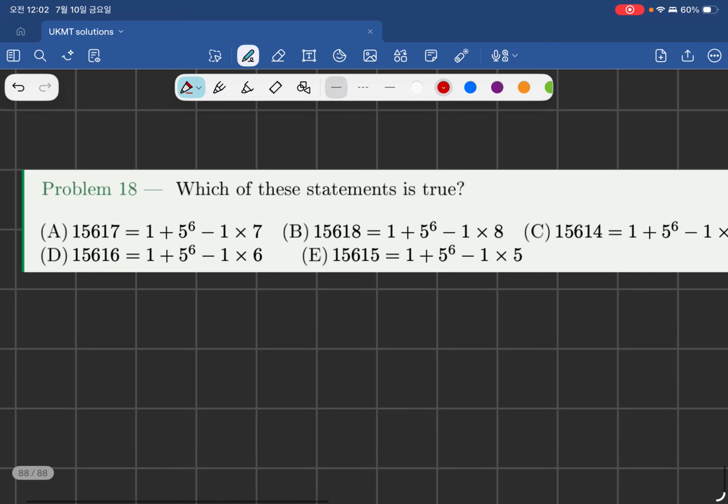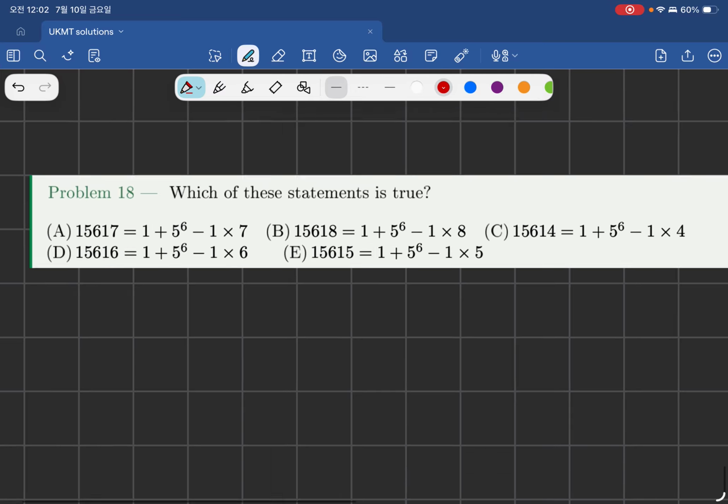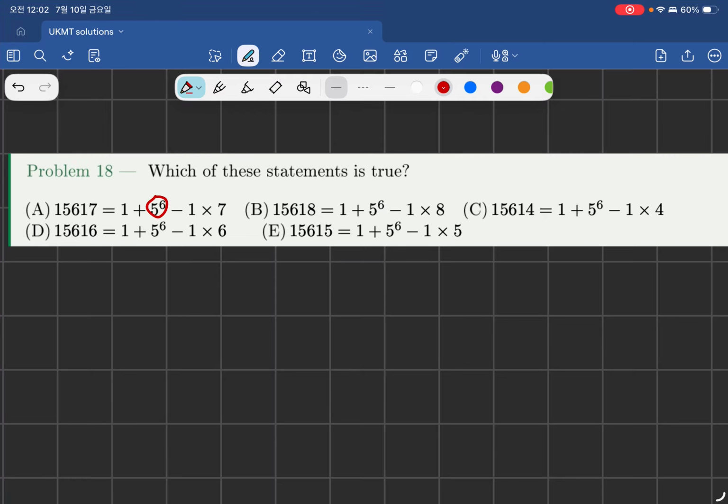Problem 18. Which of these statements is true? Now, looking at all the options, 5 to the power of 6 is a key to this question, and there are many ways of calculating the value of 5 to the power of 6, such as if you multiply 10 and divide it by 2, it's the same as multiplying 5, but the calculation is easier. So for example, 5 to the power of 3 is 125, and it might take some time to multiply 5 every single time, so you just add a 0 here, and then you're dividing it by 2, and that would be much